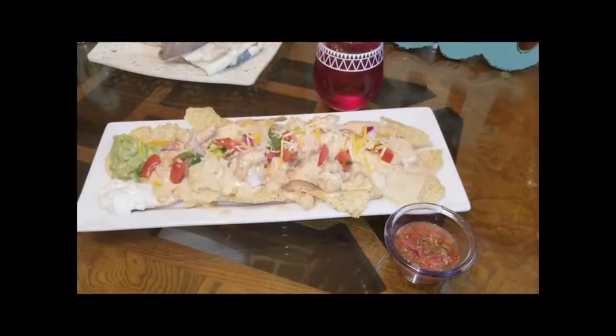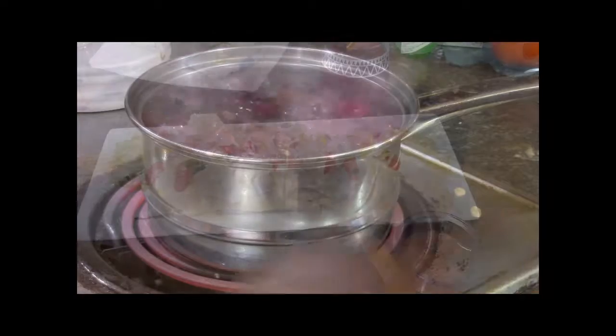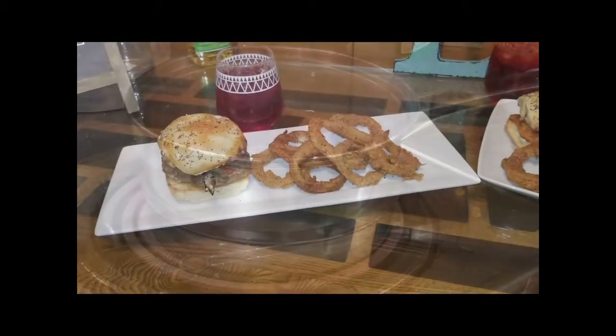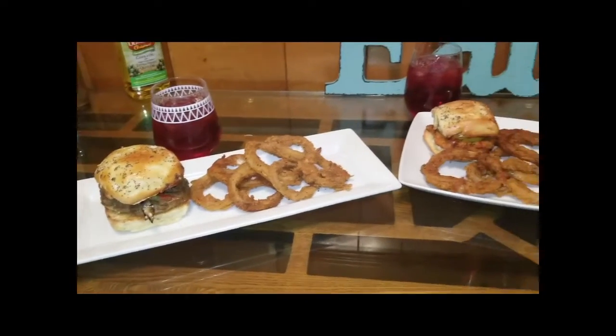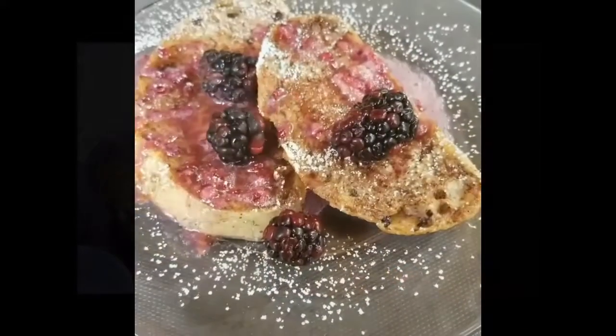You're gonna have to get your hands dirty with this one. So first thing you're gonna do is crack one. And in this pot, I'll put some hibiscus leaves and let them boil. Now that they're boiling, so about 5 minutes in, you want to put